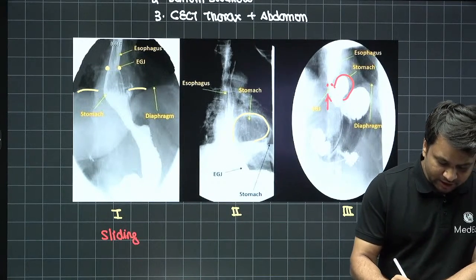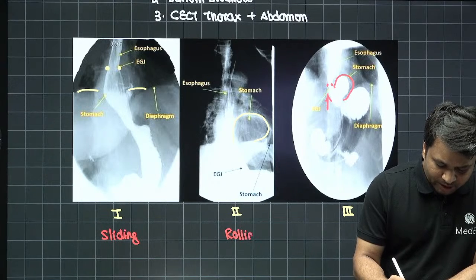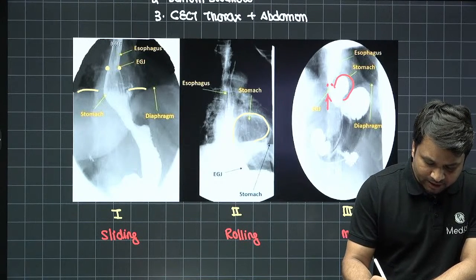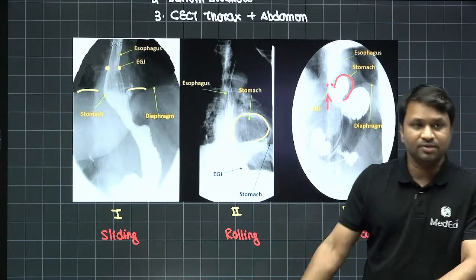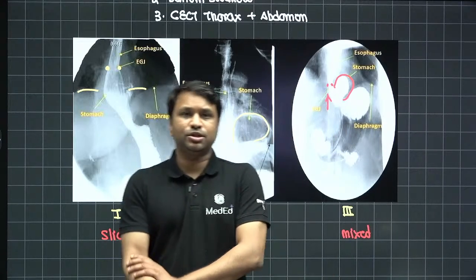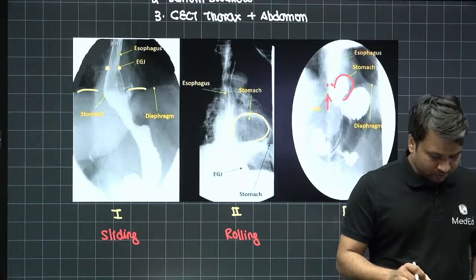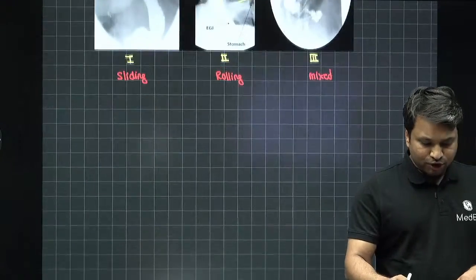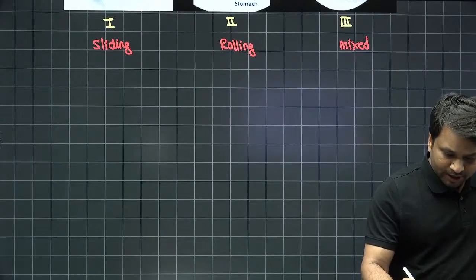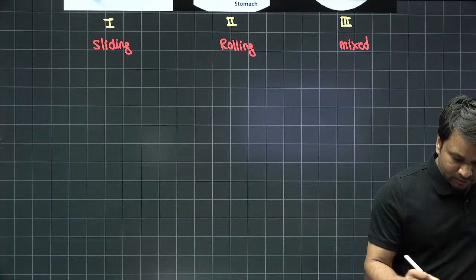This is the sliding variety. This happens to be the rolling variety, and this happens to be a mixed variety, right? So based upon the image, that becomes quite clear. Okay. Now, how would you like to manage? So in terms of management,